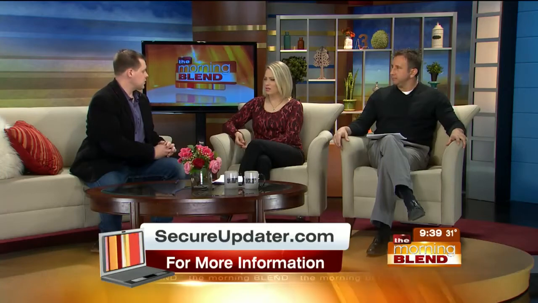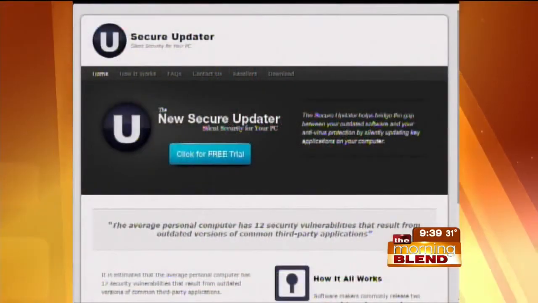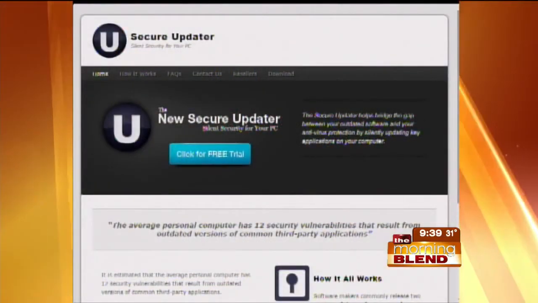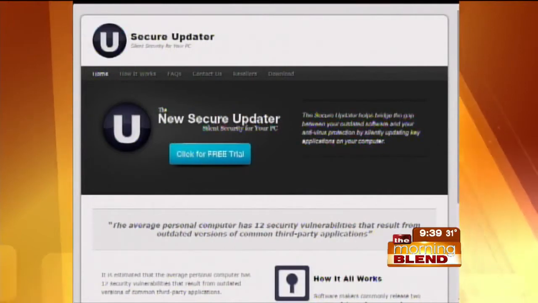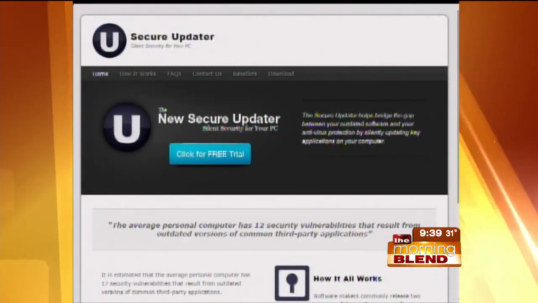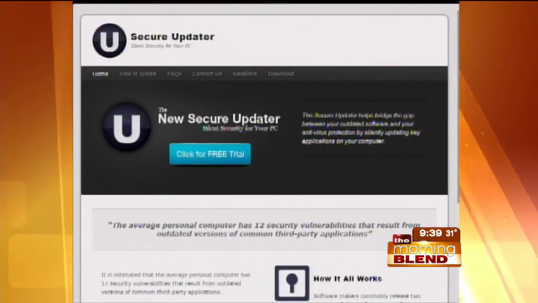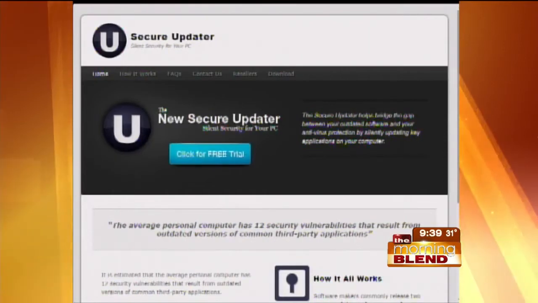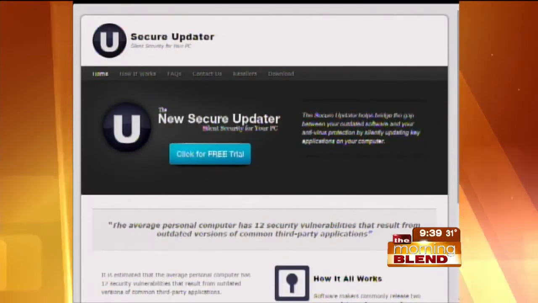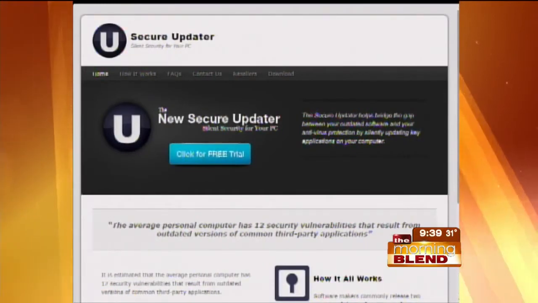You can go to secureupdater.com. It's the website home of Secure Updater. No secure socket certificates required. And you download Secure Updater. When you install it on your computer, it'll work for 14 days, no charge. It doesn't ask you for a credit card number, none of those games. It works for 14 days. When it expires, you have a choice to buy it or uninstall it. And you can do either one. It's not hard to uninstall.